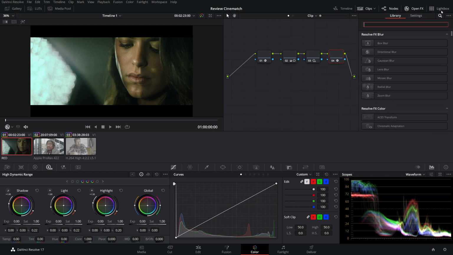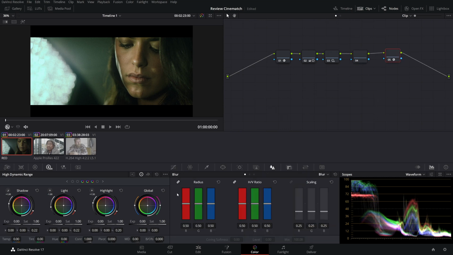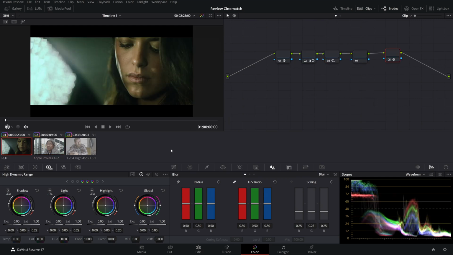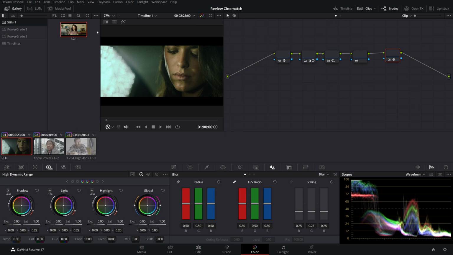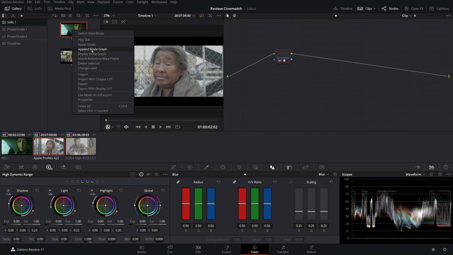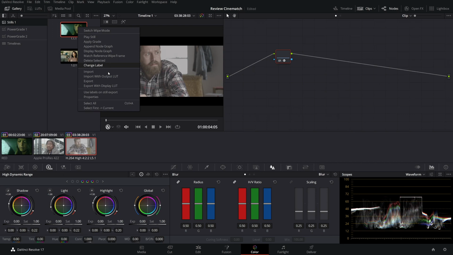Another thing we can do, before the grain, is apply some blur or sharpness, because this is the main difference between all these cameras. We're gonna look for it later. So I'm coming here to my gallery. I will delete this node. I'm gonna save my look, Ctrl Z to bring it back, and I will try to apply this to the other shots. So append node graph here and append node graph here.